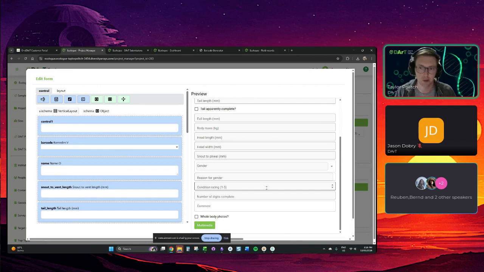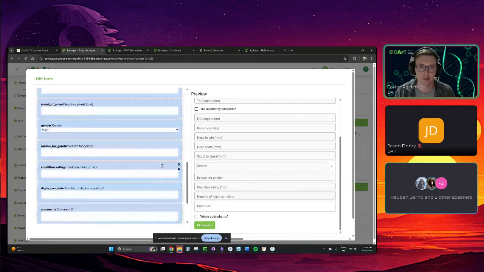So a good example on this particular form is the condition rating. The condition rating is just a rating of 1 to 5 on the health of the monitor, so 1 being low health, 5 being it's in good condition. Now, because it's a condition rating of 1 to 5, we don't want someone to enter something like 6, whether on accident or on purpose. But we can add these data validation rules to make sure that the data that is